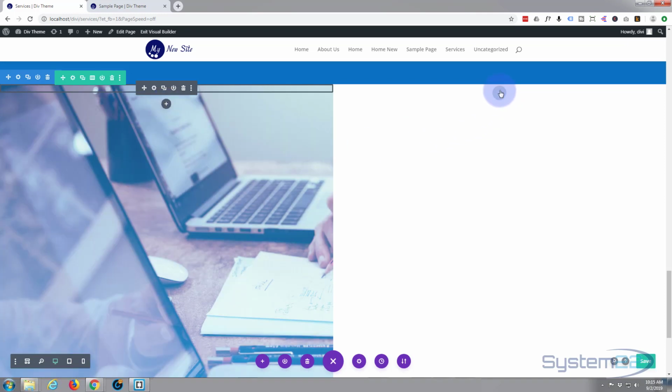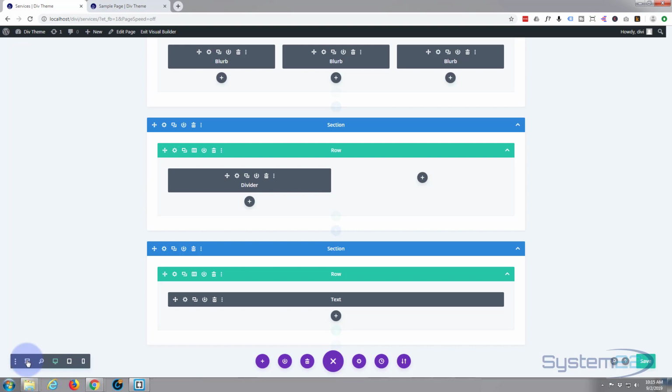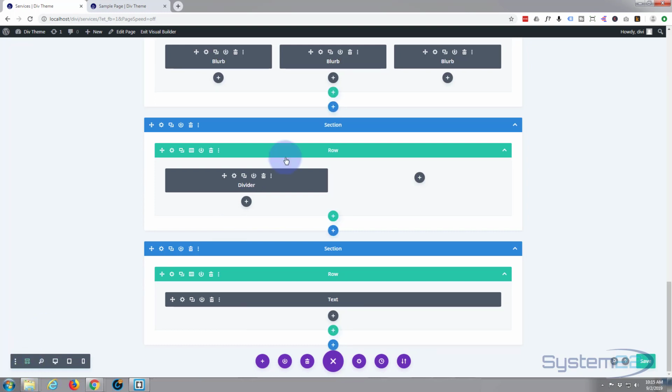If ever you have trouble finding it or seeing it, when you've got this little purple button expanded at the bottom here, you can simply go over to this little wireframe matrix here, and it'll take you to the back end instantly, so you can see everything and add your little button. This is where we are. There's that divider we just added. This is what they call the wireframe mode, just in case you've got too much going on the front end. It's really useful. So let's go back to the screen